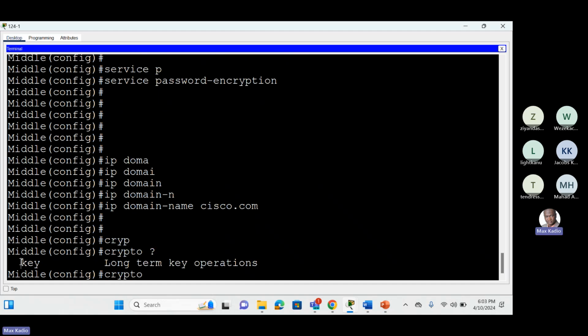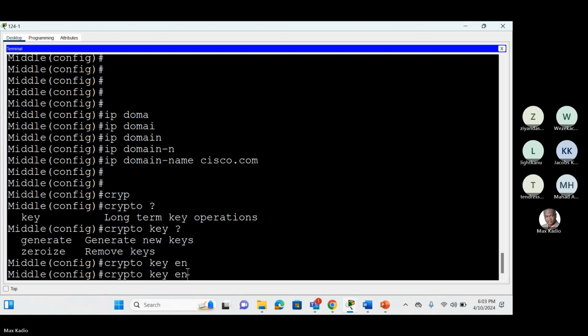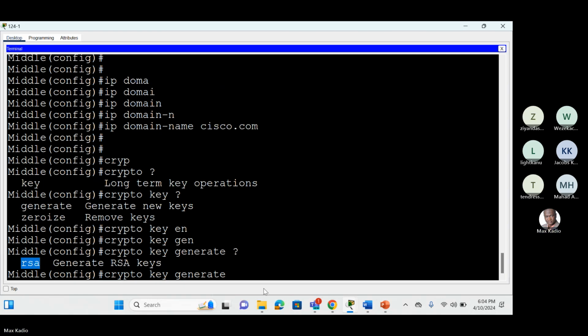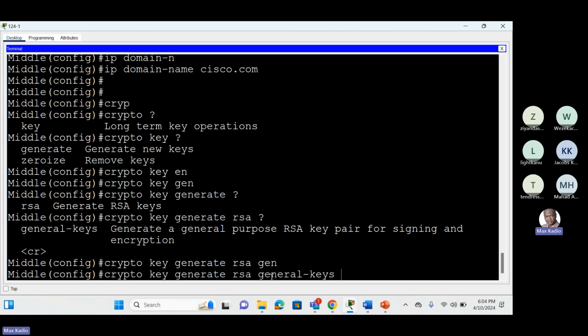You see here key, it means we can use key. I type key, question mark, generate. You see, I can use the word generate. Question mark, RSA. Question mark, general keys. General keys, question mark,